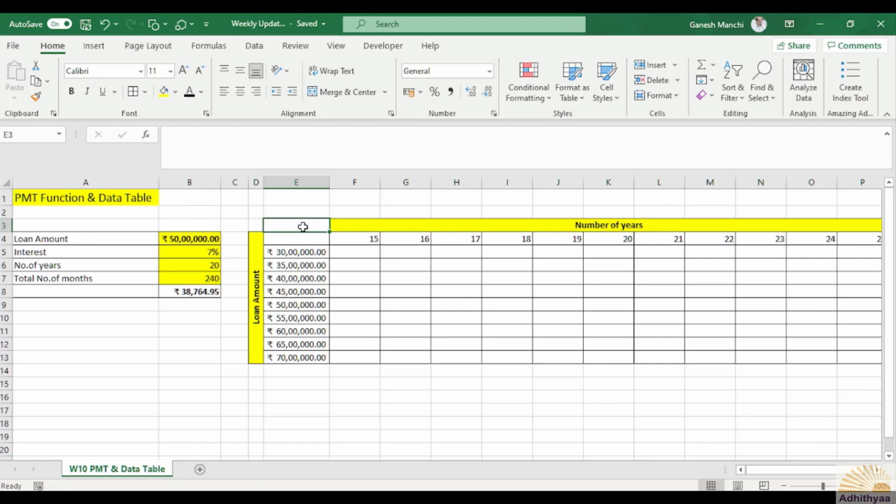Insert here E3 equals to, the variable is the EMI here, equals to B8. Press enter, right? Or probably you can do it here. Yes, correct. And now we'll be using the data table inbuilt tool and find out what would be the EMI